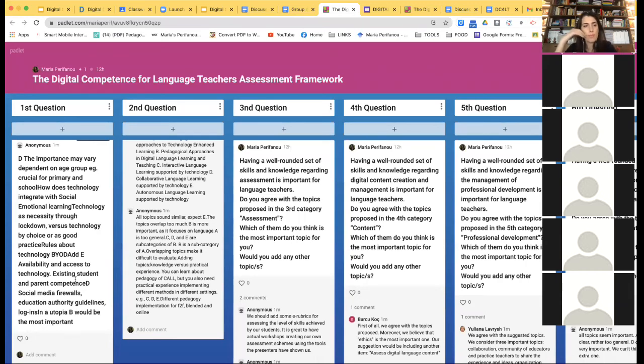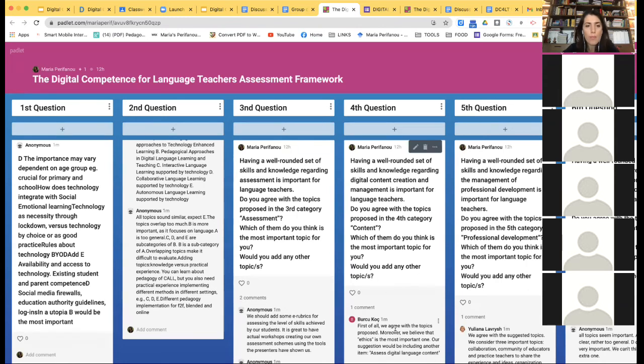So this led us to thoughts about technology and its relationship with social emotional learning. Okay. Further down, we made a note about social media, the need for firewalls, there'll be education authority guidelines. There's always an issue about logins, the privacy of younger students. For some apps, actually, of course, there's whether or not they're even allowed a login. There's an age limit on some apps,